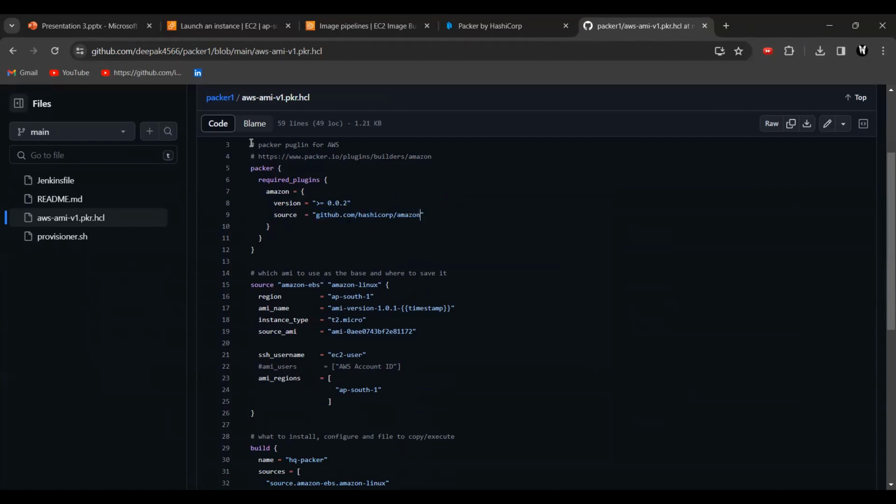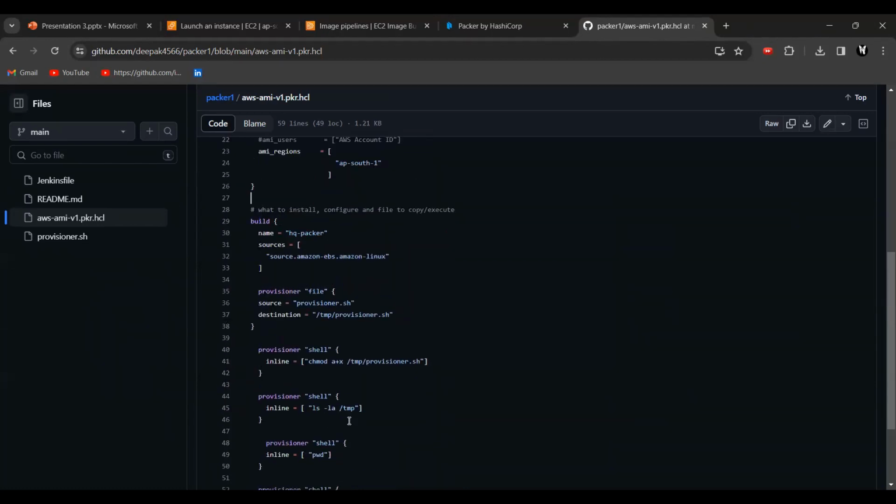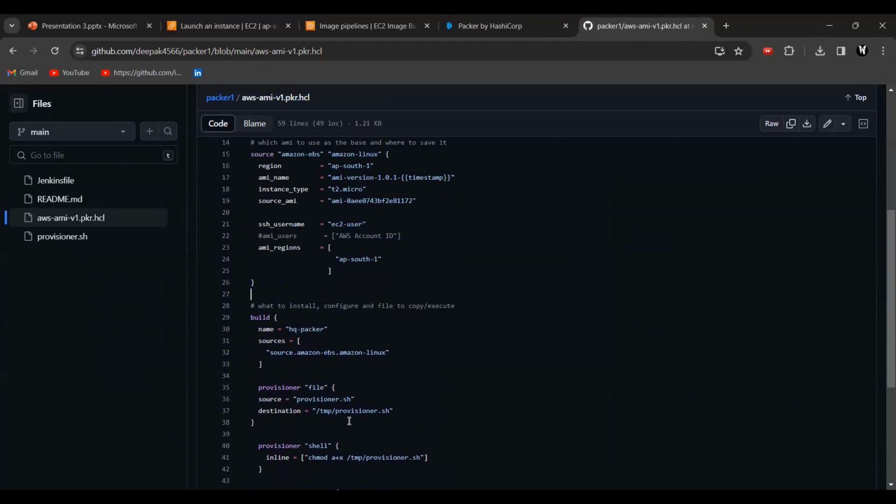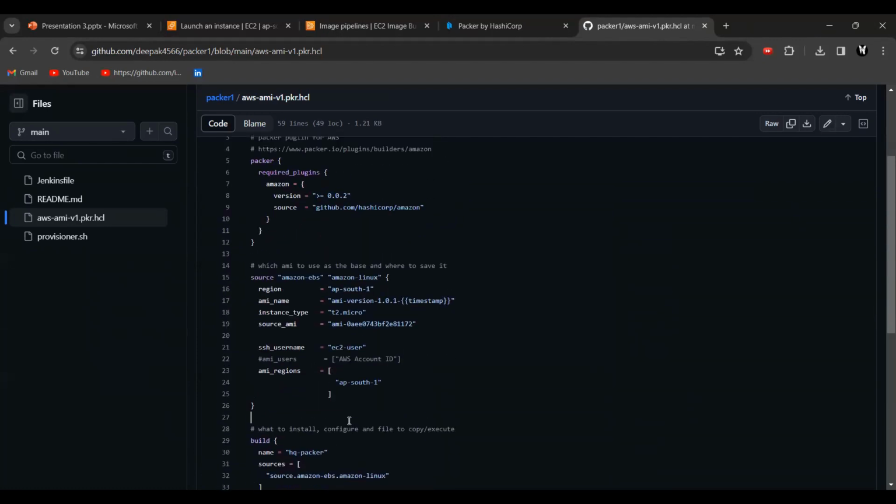I think you need to somewhat learn about Packer this week. I mean, how to write this Packer file. I'll not explain everything about how to write this, but still, I'll explain some of the things, like how to get the AMI ID from the AWS console, how to get this instance ID, this source, and how to distribute this across the regions, across the accounts.